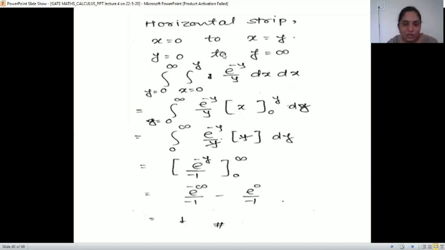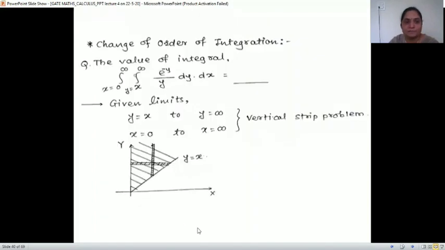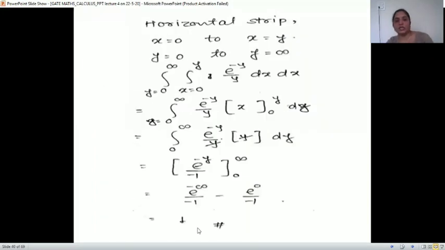So we have to take integration with respect to x first. So this term is constant. Take it out and just take the integration dx, that is x, from 0 to y, that is y minus 0, y, and y will get cancelled, and it is just 0 to infinity e raised to minus y. It is e raised to minus y upon minus 1, from 0 to infinity. Applying upper and lower limits, we will get e raised to minus infinity, that is 0, minus minus 1, that is plus 1. So the answer is 1. For this given integral, the value is 1.